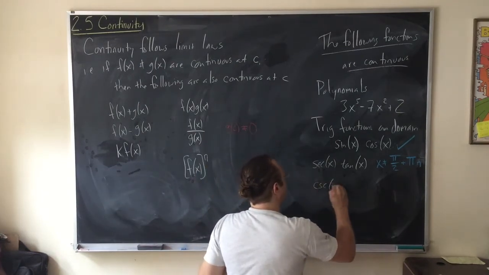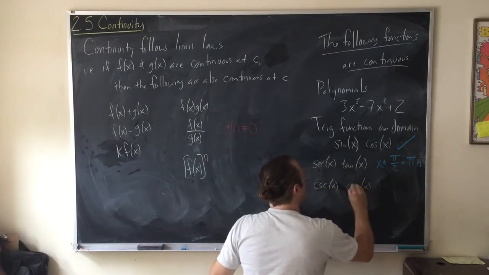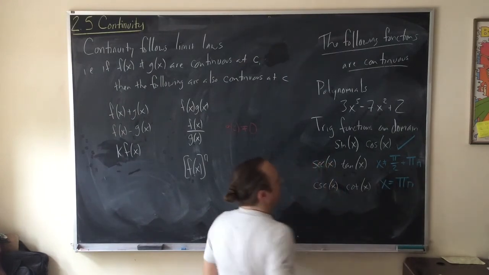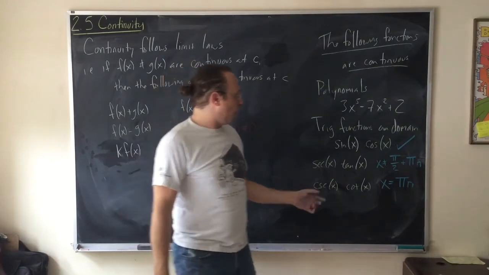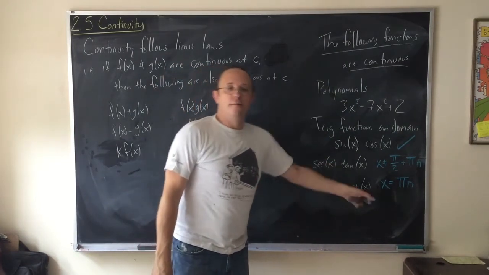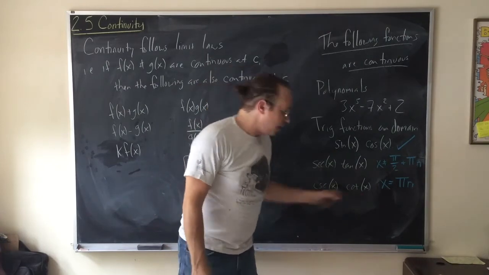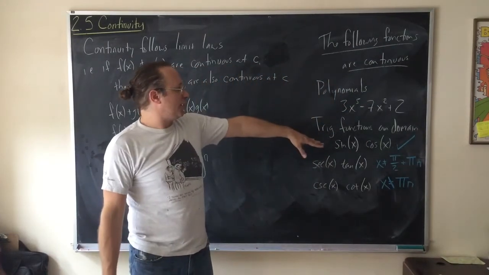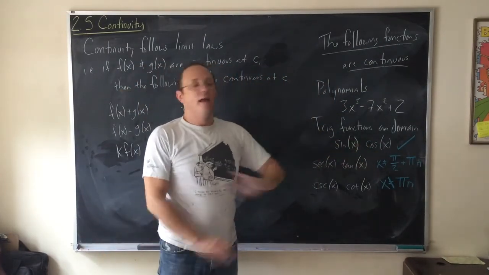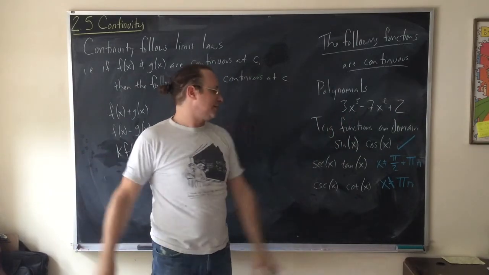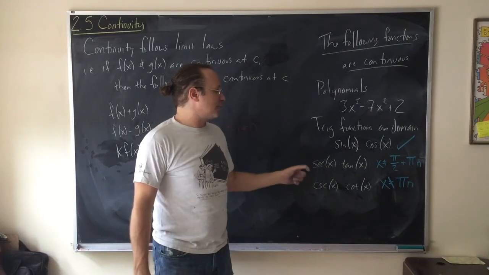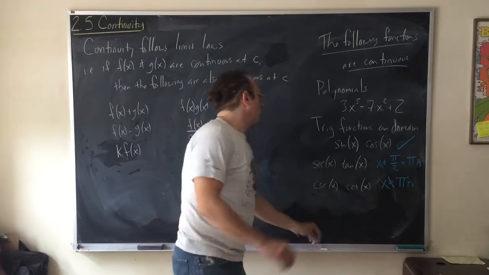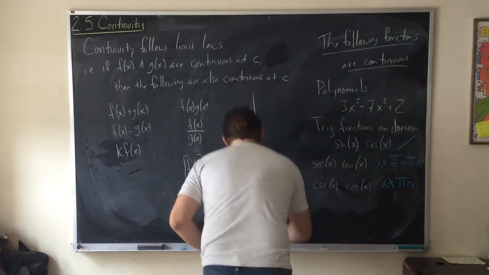And then similarly, cosecant of x and cotangent of x are continuous except where x is a multiple of pi. For example, at 0, that will require division by 0. At pi, requires division by 0. At negative 17 pi, requires division by 0. So, trig functions are continuous in their domain. Sine and cosine are continuous everywhere, because sine and cosine can handle any number. There's no division by 0. These guys are continuous as long as you're not talking about the points where things go completely crazy, requiring division by 0. We also have, tack on here,